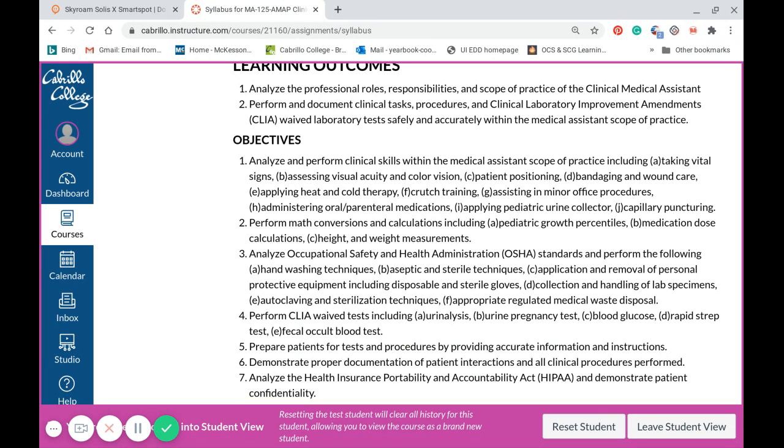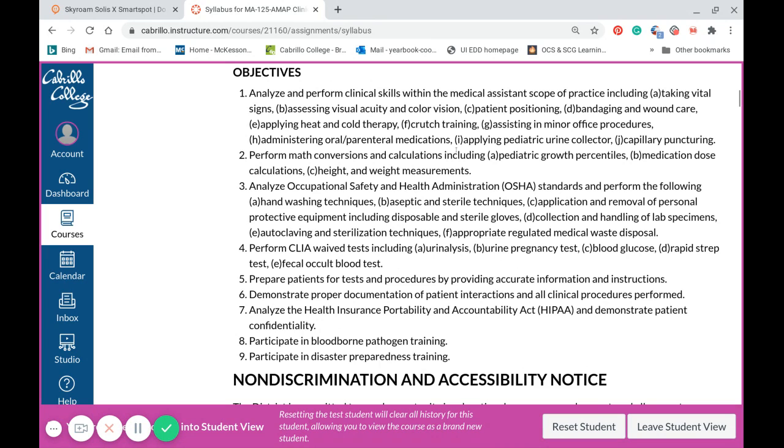and cold therapy, crutch training, assisting in minor office procedures, administering oral and parenteral medications, applying pediatric urine collector, capillary puncturing. We're also going to be performing math conversions and calculations, including pediatric growth percentiles, medication dose calculations, height and